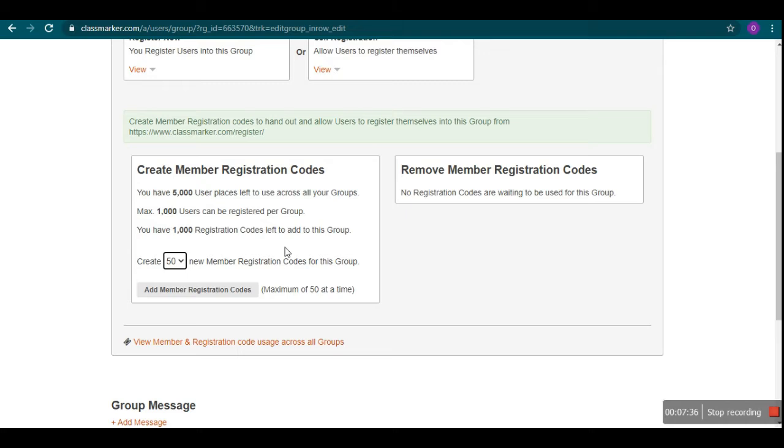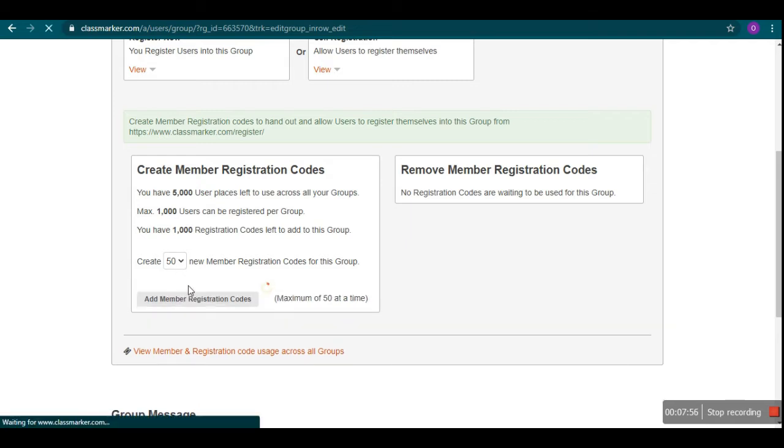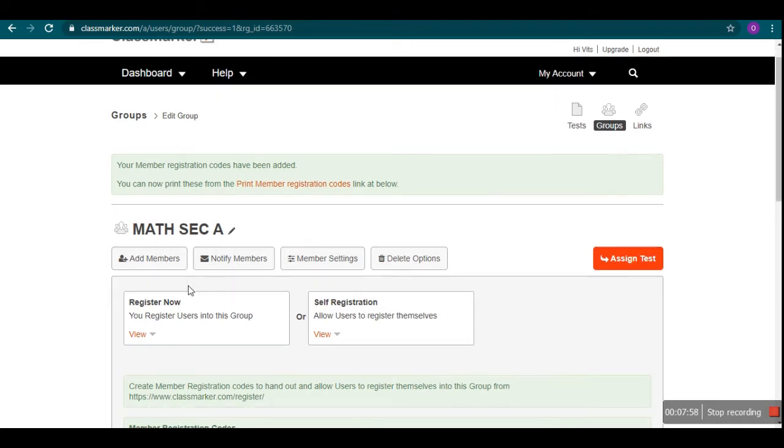If in your class you have roll number 1 to roll number 60, for example in section A, first you add 50 and then another 10. So you just click on add members registration code, and 50 registration codes will be generated automatically. So it is generated.